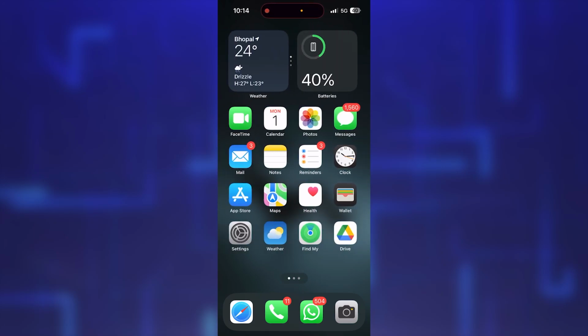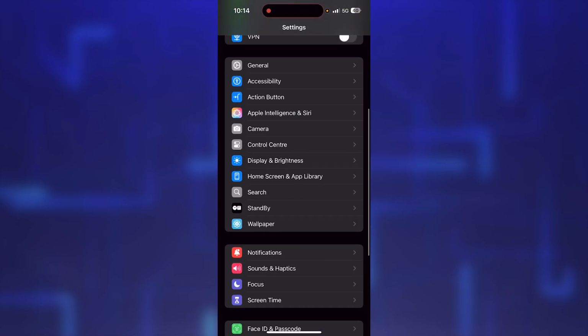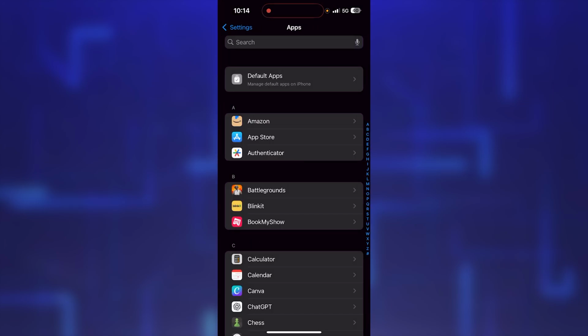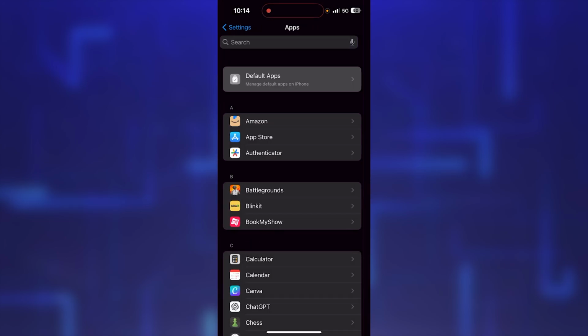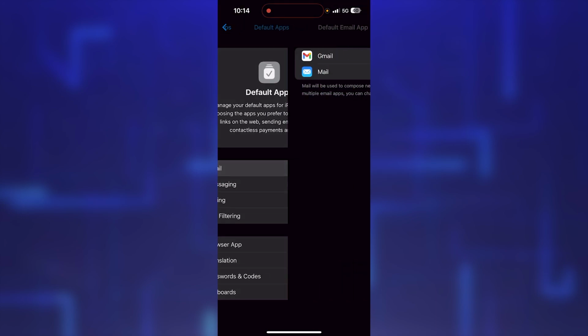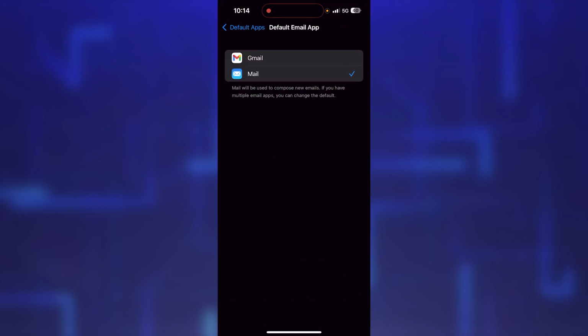Now, in order to do it, just simply open the Settings, and in the Settings, scroll down until you see this option of Apps. Once you click on it, here on this top option, you're going to find this that says Default Apps. Just simply tap over there, and here in this email section, you can see currently it's set to the Mail. Now if I want to change it, I can simply switch to the Gmail,